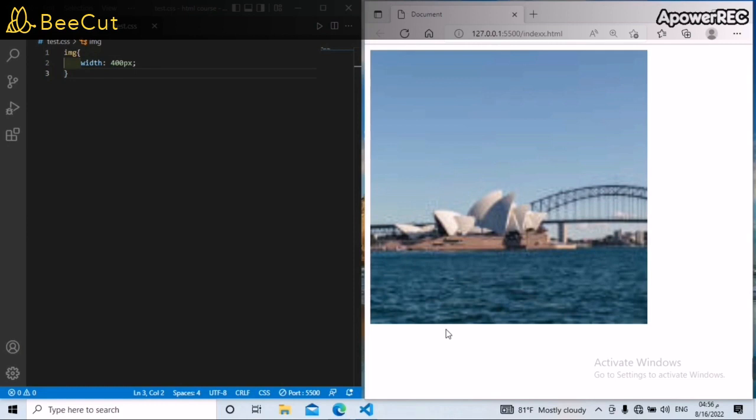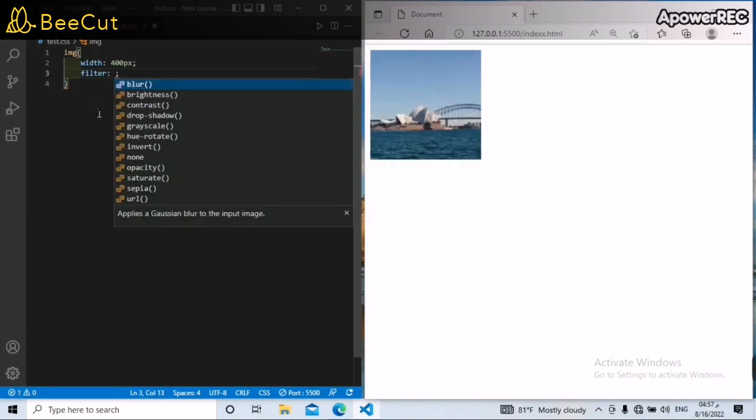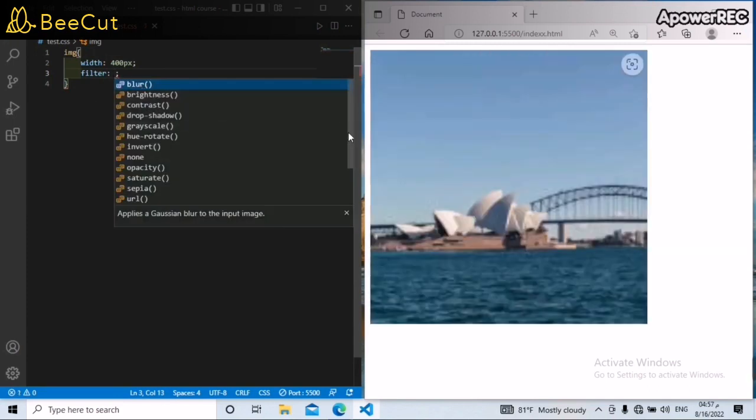And let's start with our lesson. So we have this image here. We will make changes on this image, and then you will use the filter. We have these filters in the CSS language. We have all these filters here. So first one, I will use the grayscale,